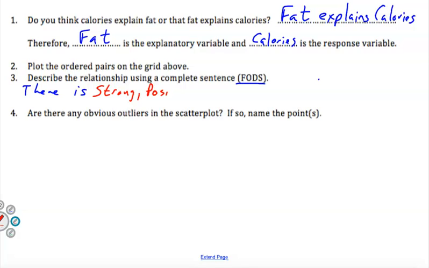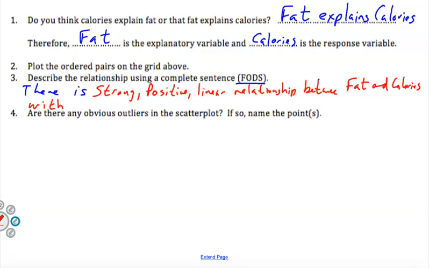So positive linear relationship between fat, because that's the explanatory, and calories, because that's the response, with,